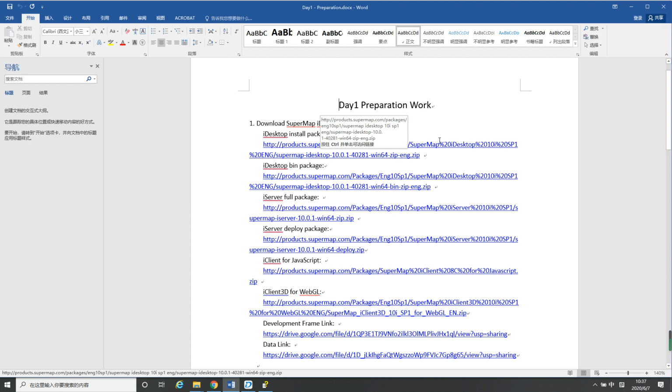Then let's start our first course. The first course we are going to do some preparation work. The first one, we are going to download the SuperMap product. Here we need to download SuperMap iDesktop, which is used to process your data